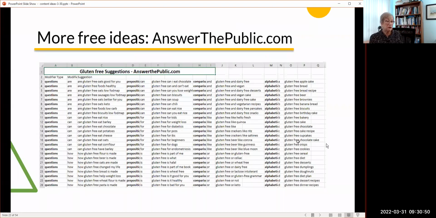So you can get even more free ideas from a place called Answer the Public. This will give you questions that people are asking. It sort of collects everything the search engines have on multiple pages and creates a list of questions. They show you first just an image of questions in a circle, but you can export them into a spreadsheet, and you can come up with literally hundreds of questions that people are asking about your topic area.